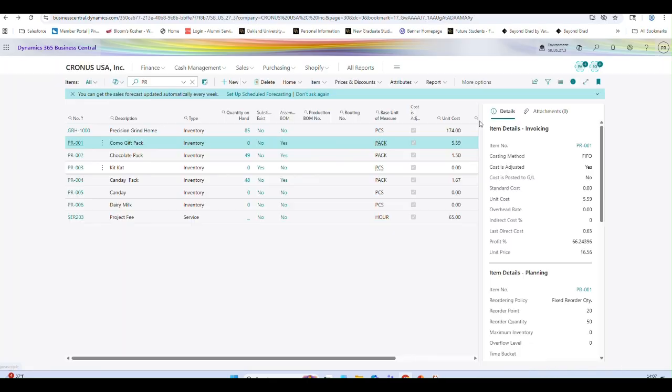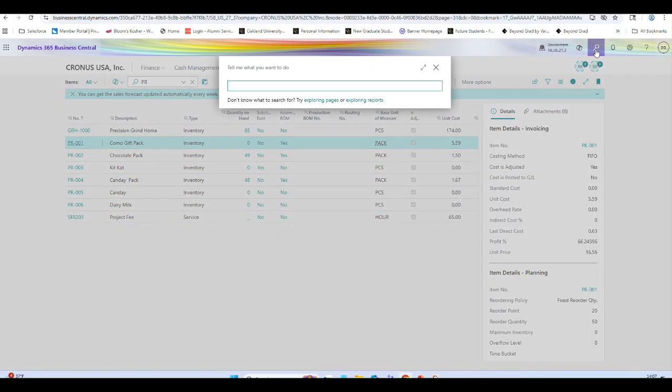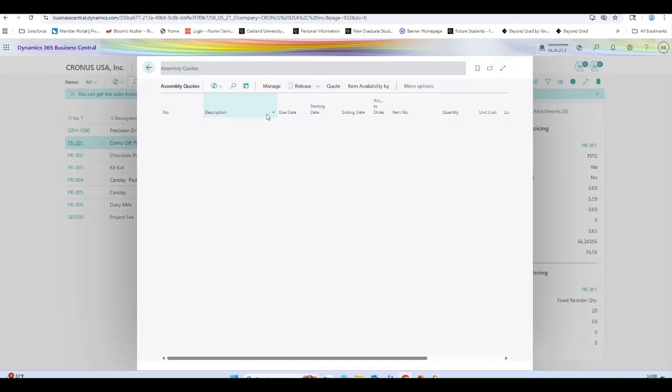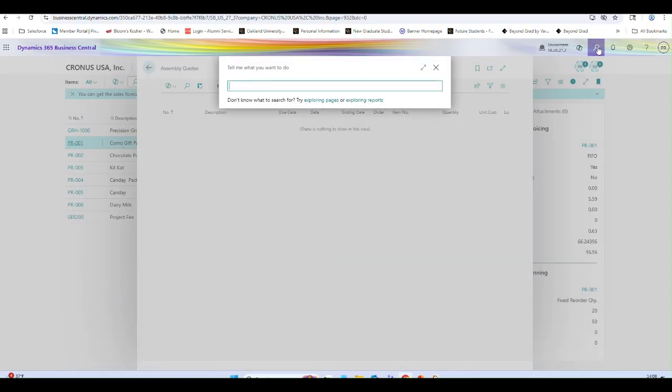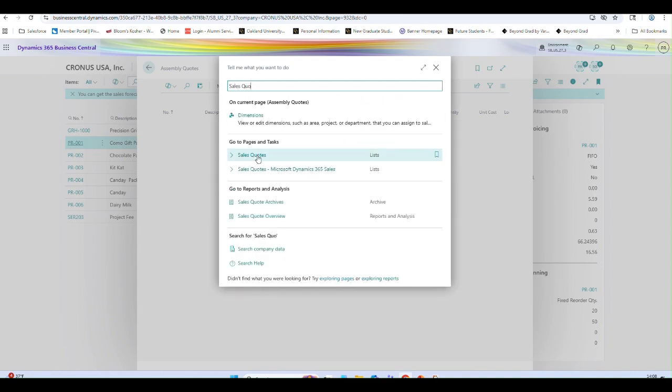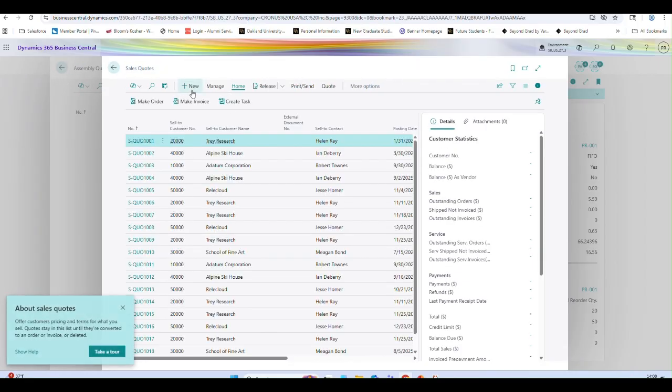Now let's search for assembly quotes. On the assembly quotes list page, there is no option to create a new quote, whereas if I search for sales quotes, there is the option to create a new one.